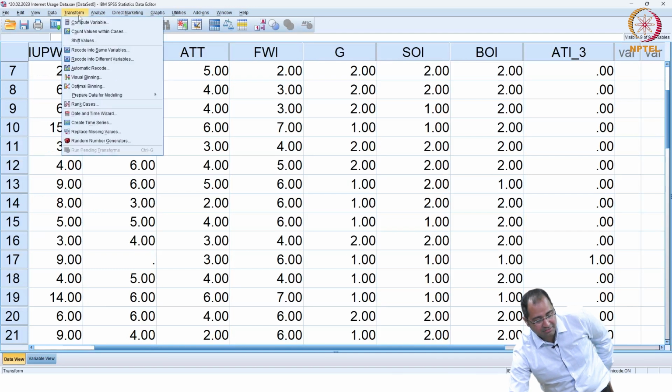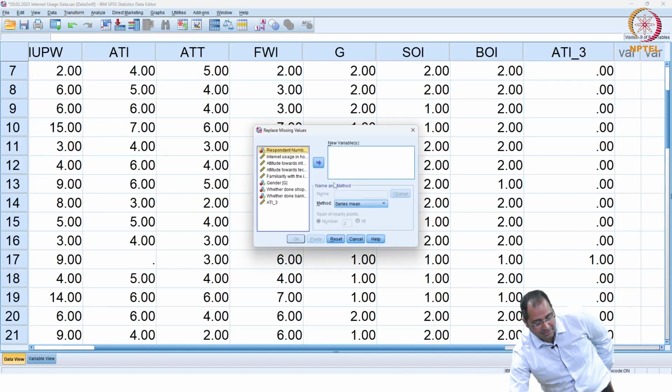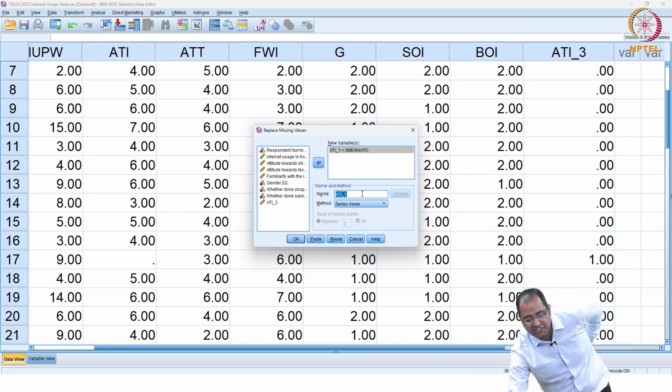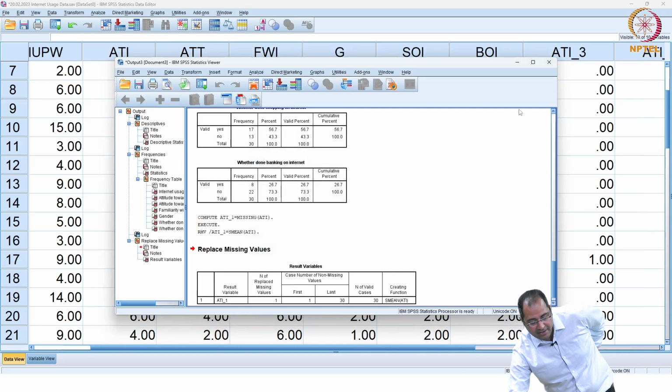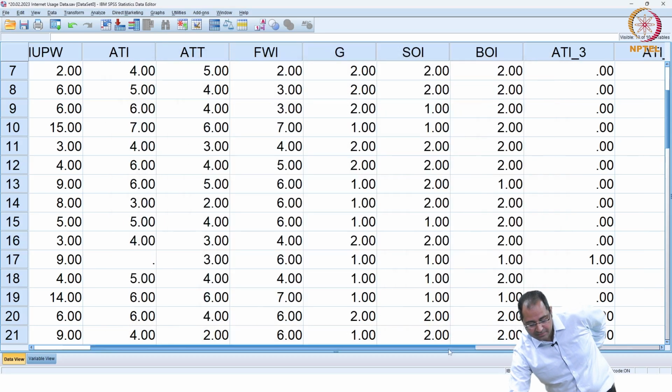Let's fix the missing value: transform, replace missing value for attitude towards internet, replace with the series mean, and the new variable will be created which will have that missing value replaced with the series mean. You click OK, you will be able to get